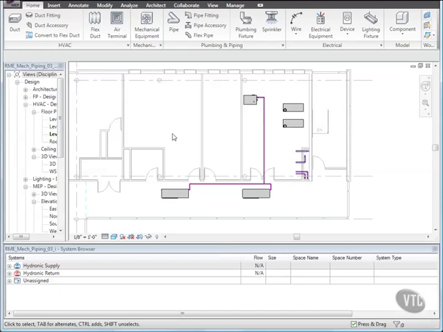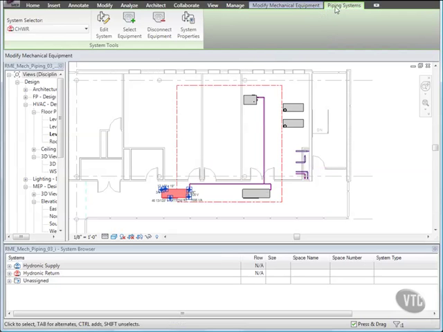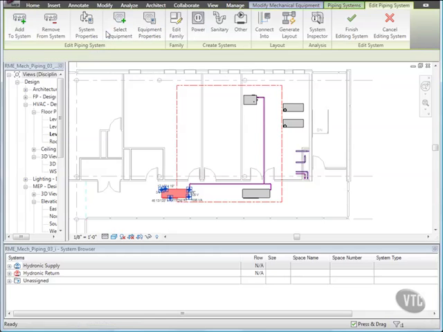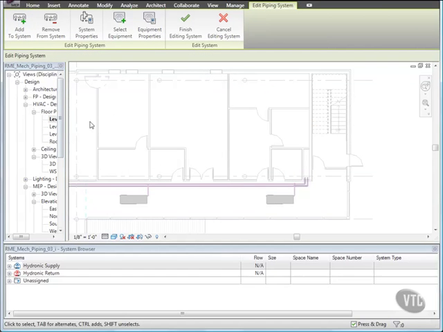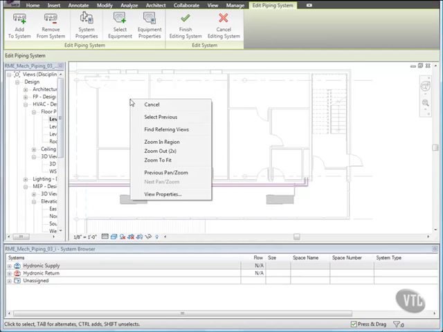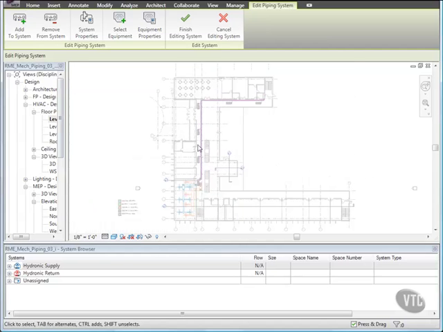Select the heat pump on the left, then click the Piping Systems tab, and on the System Tools panel, make sure that CHWR is selected under System Selector and click Edit System. Then open the view Level 1 HVAC Plant Design. Then zoom to fit and click Add to System